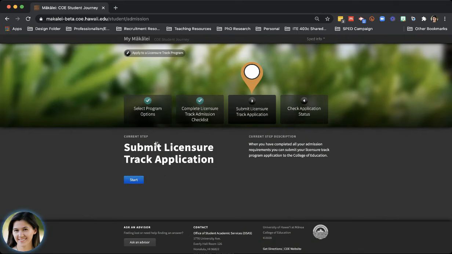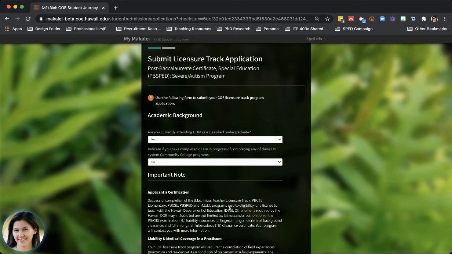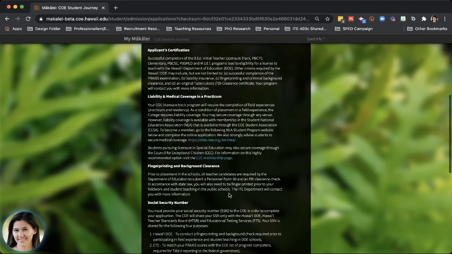Keep going. Now you need to formally submit the application. So push Start. And this is just the final part of giving some additional information. So they're going to talk about just a heads up of things that will come later. So you will have to do fingerprinting and background clearance. You'll have to do liability insurance. You'll have to,